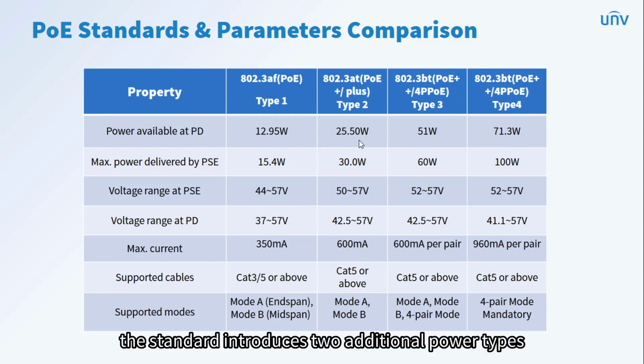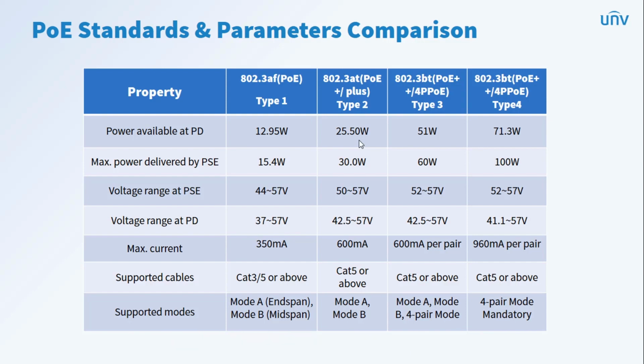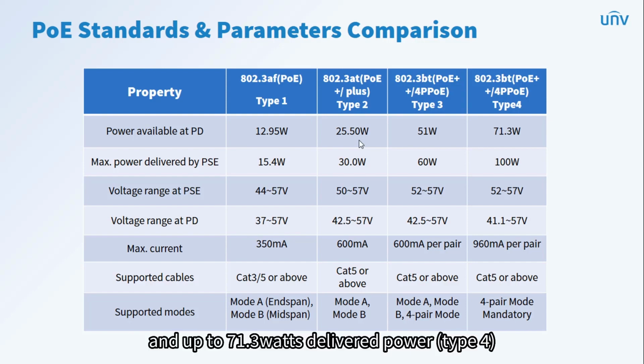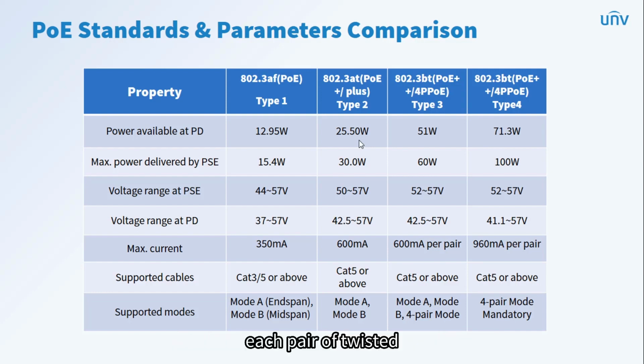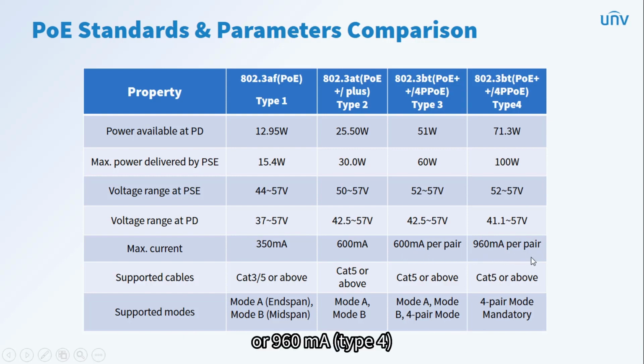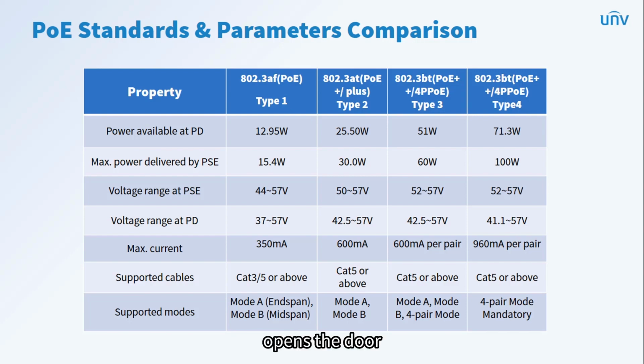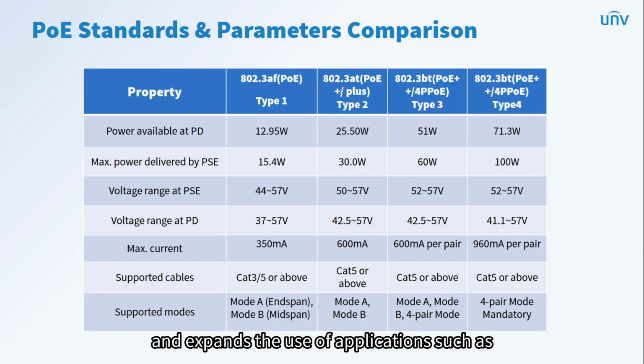The standard introduces 2 additional power types: up to 51 watts delivered power, Type 3, and up to 71.3 watts delivered power, Type 4. Each pair of twisted pairs needs to handle a current of up to 600 milliamperes, Type 3, or 960 milliamperes, Type 4. Additionally, support for 2.5 gigabit BASE-T, 5 gigabit BASE-T, and 10 gigabit BASE-T is included. This development opens the door to new applications and expands the use of applications such as high-performance wireless access points